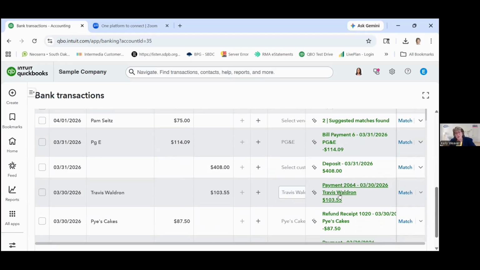If you aren't using the bank feed, then you'll just enter all your transactions manually, which is what we're going to do after the break. So just be aware that you don't have to set up the bank feeds if you don't want to. One other, well, we'll talk about that after the break.